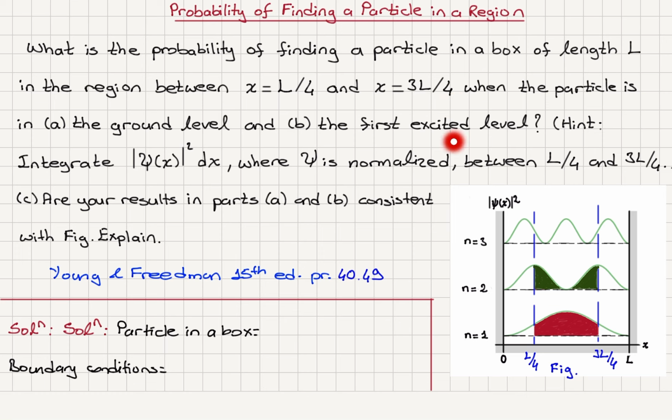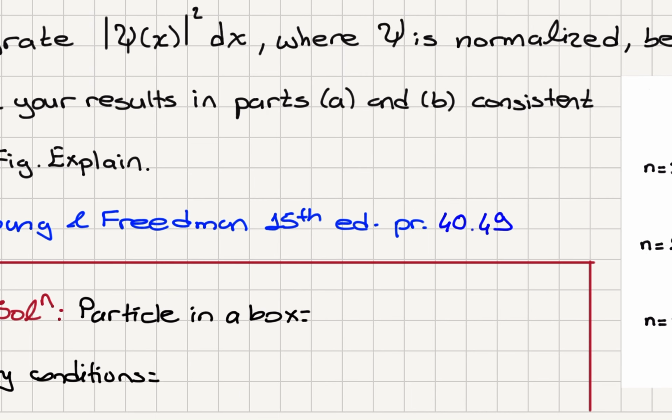There is a hint: integrate the absolute value of psi squared dx, where psi is normalized, between L over 4 and 3L over 4. And part C: are your results in parts A and B consistent with the figure? Explain. So for a particle in a box, as we have done in the lectures, we have found that the